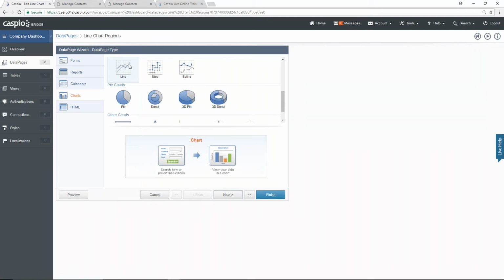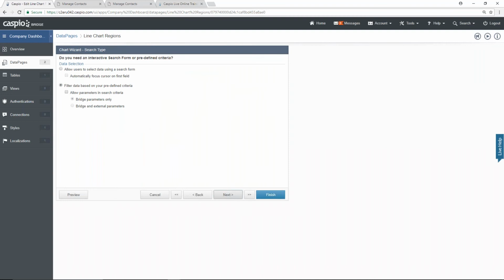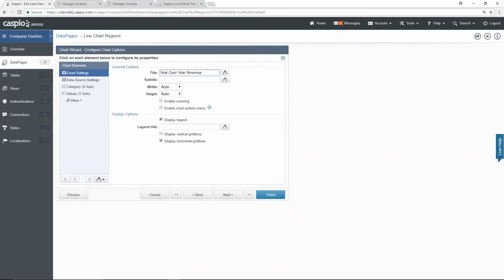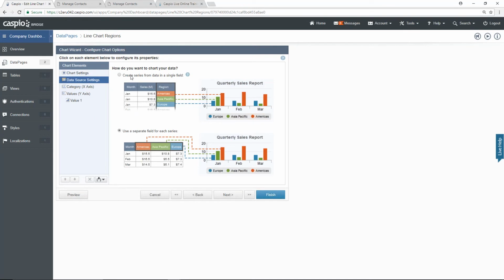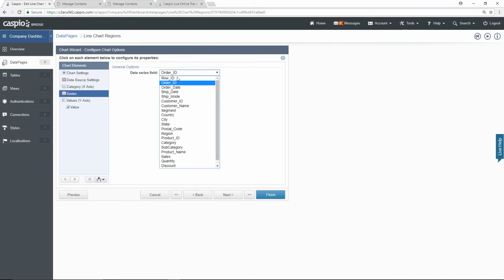So again, we're going to use a line chart. We're going to hit next, and let's navigate all the way to the configuration screen. Under source settings, I'm going to select this radio button, and now on the series, I would like to plot different regions. Now in my flat file, in my Excel document, we have 4 different regions: Central, South, East, and West. Even before I click Finish, if I just want to see what this looks like with this minor modification, if I click Preview now,